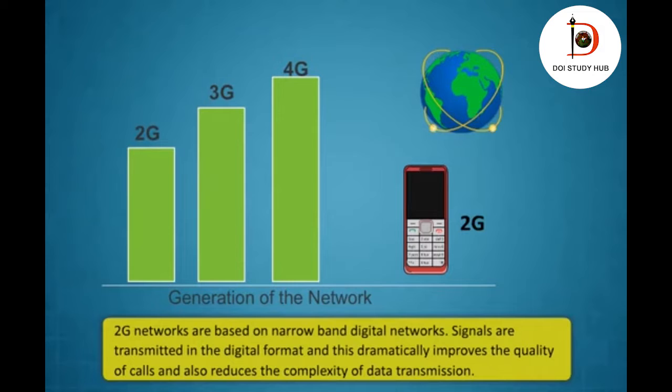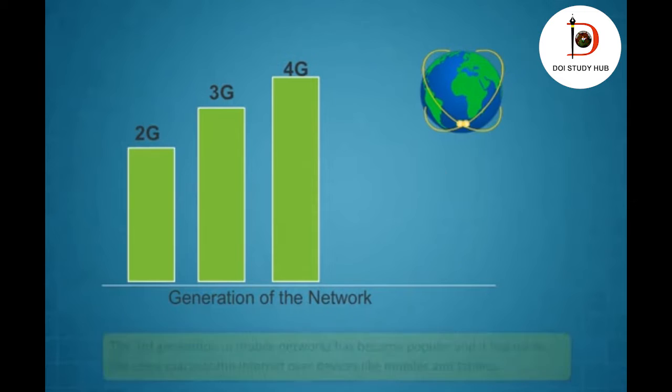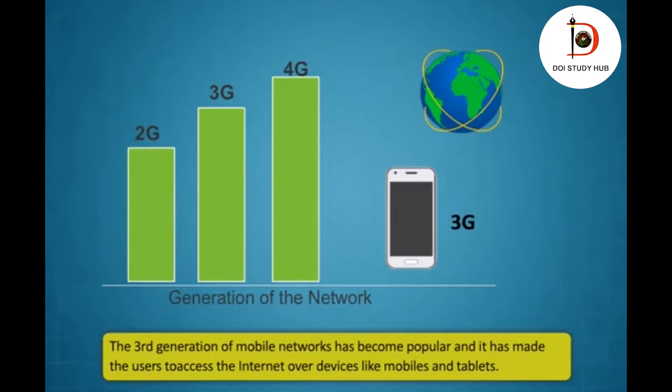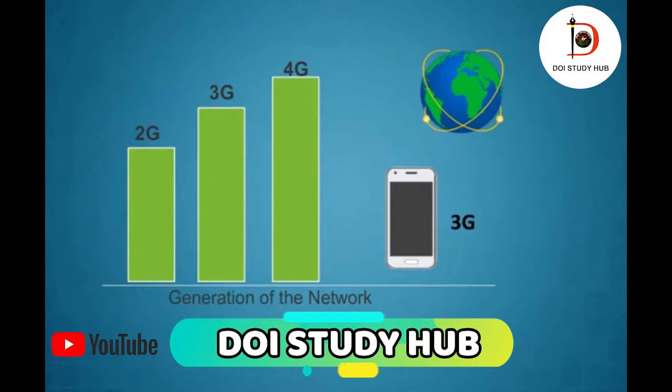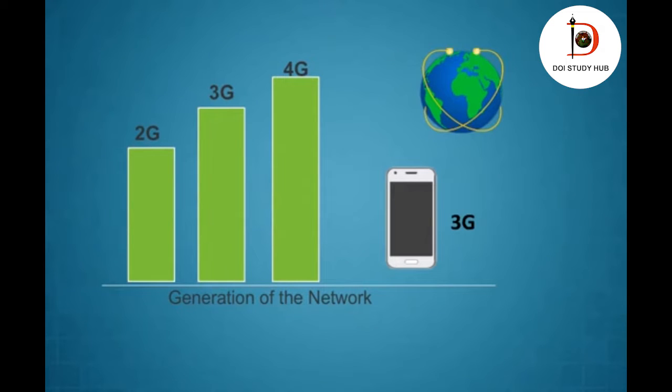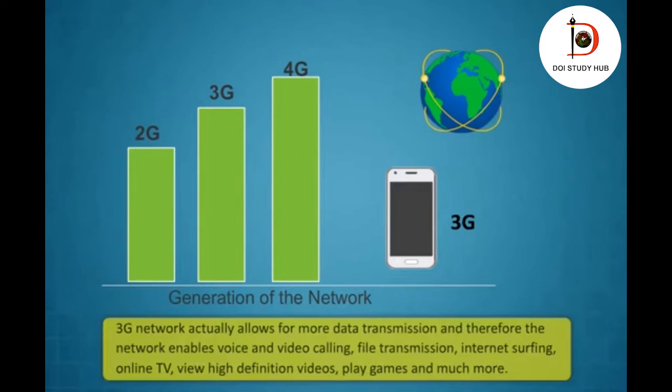G in 2G, 3G and 4G stands for the generation of the network. A higher number before the G means more power to send out and receive more information, and therefore the ability to achieve a higher efficiency through the wireless network. 2G networks are based on narrowband digital networks. Signals are transmitted in the digital format, and this dramatically improves the quality of calls and also reduces the complexity